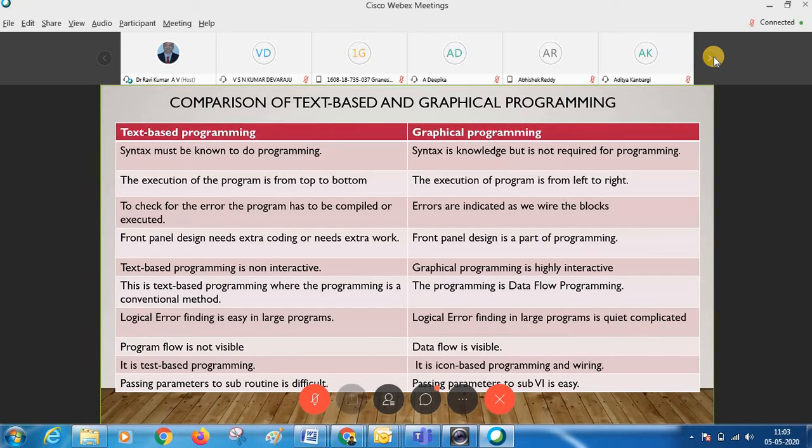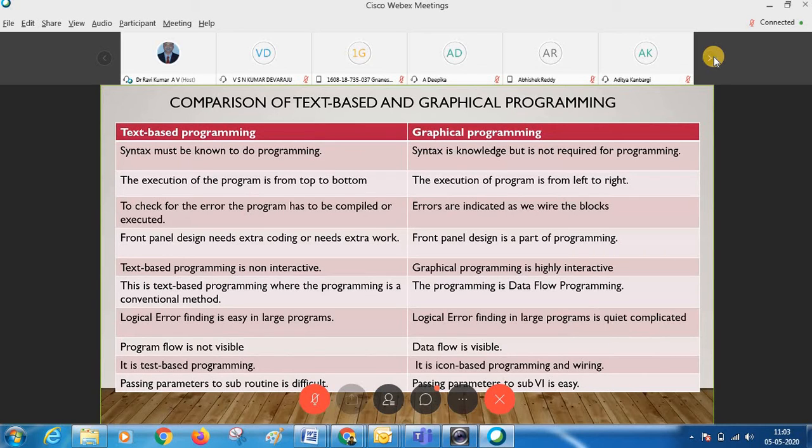One more concept: if you know C and C++ programming, you use functions, and there you know how to pass a parameter to a function as a variable or as an address by using pointers.